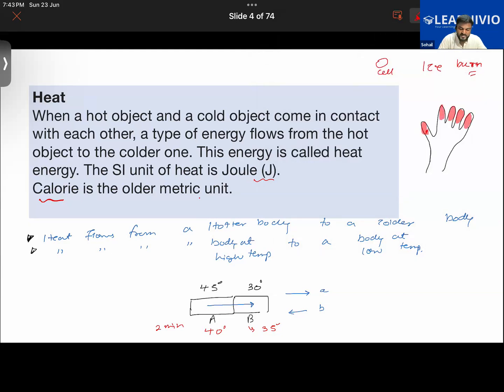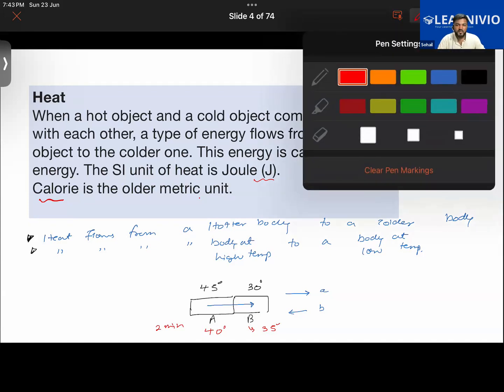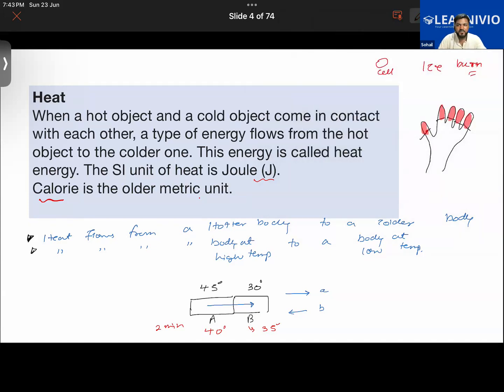So basically, all the cells have died here. It is of no use, so it has to be cut. Now, if they were to cover it with gloves, then it is okay. And sir, what if they don't wear a glove and they catch a frostbite, and they don't cut their fingers? It will fall off automatically, or in the worst case, it can damage other cells in your hand also. It will fall off gradually.